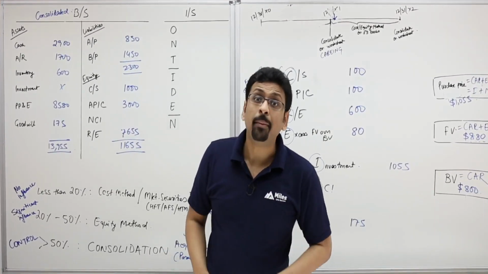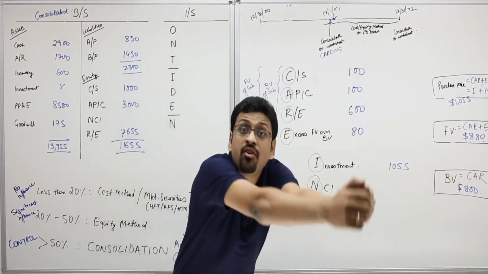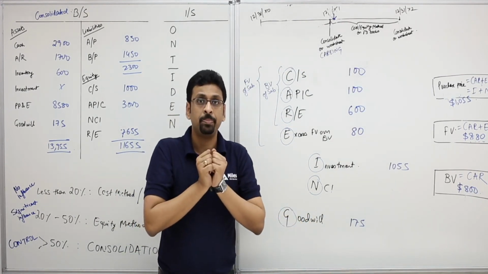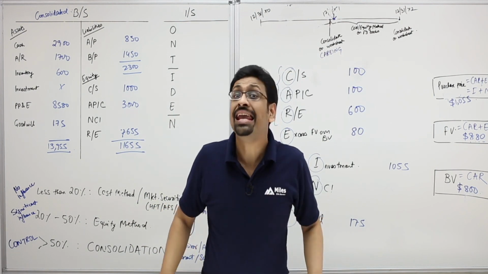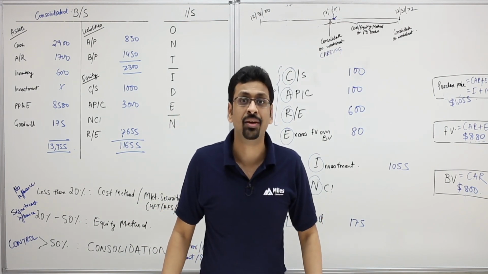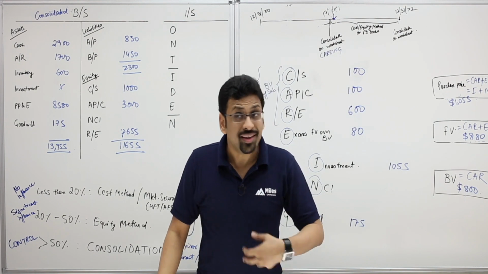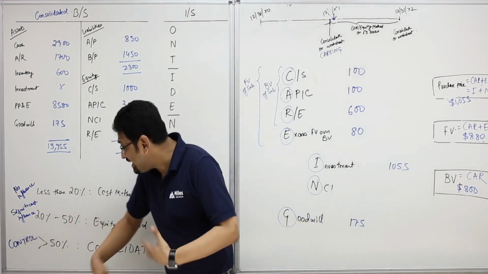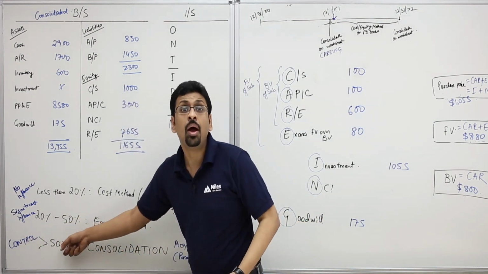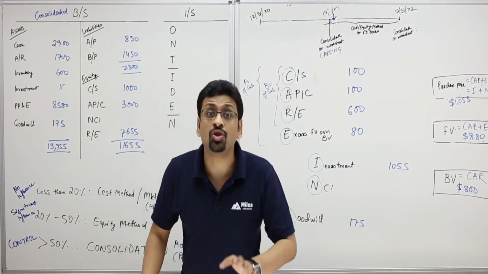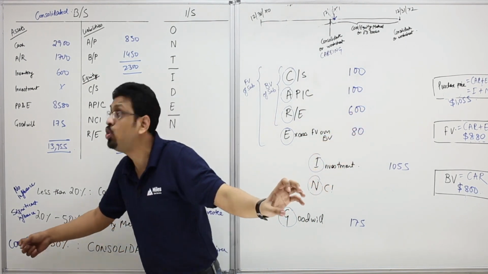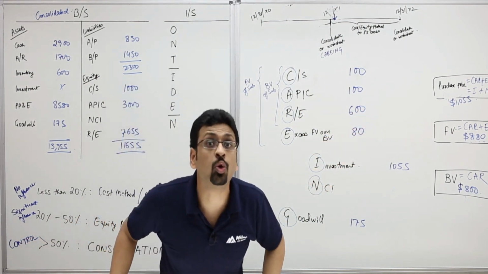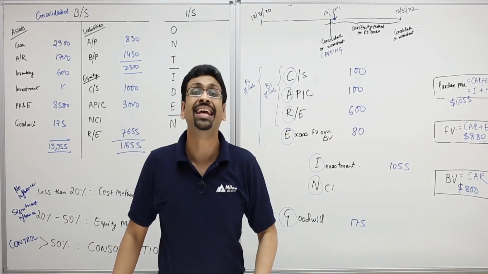We've seen a couple of examples where we had the parent owning 100% of the subsidiary. Now let's say the parent acquires more than 50% but less than 100% of the subsidiary, say 90%. Does the parent still control? Yes, they do. That's more than 50%. But the parent does not own all the stock. There are some other equity holders who do not control, non-controlling interest holders, who own the remaining 10%